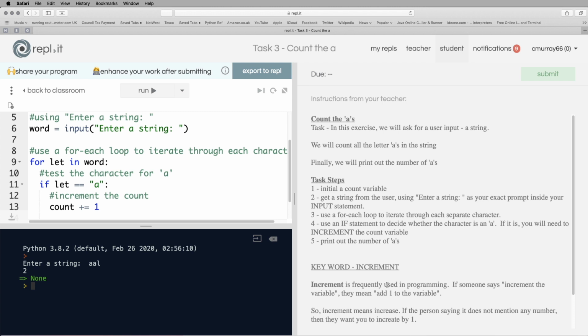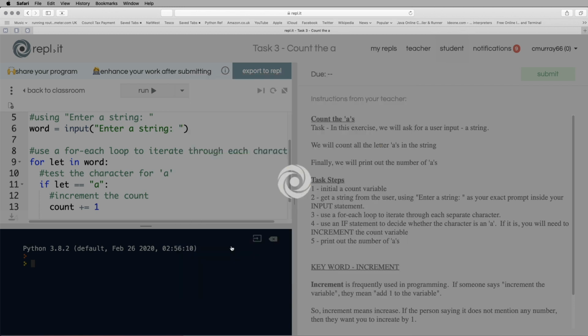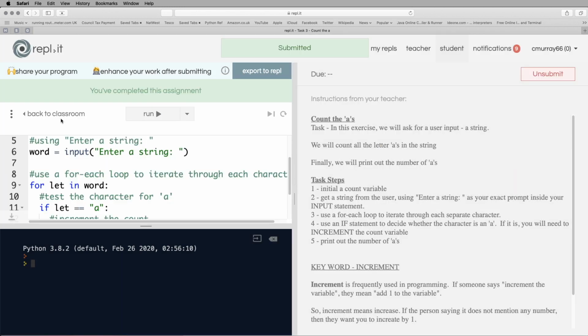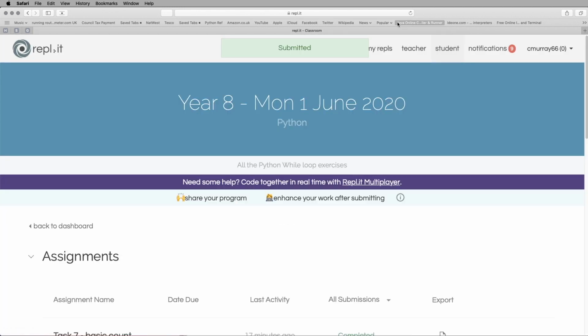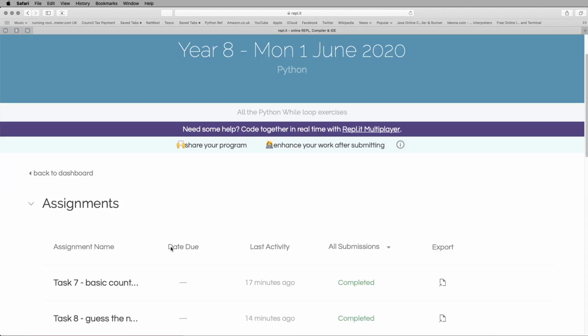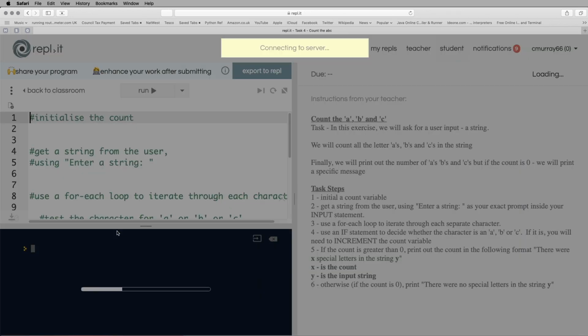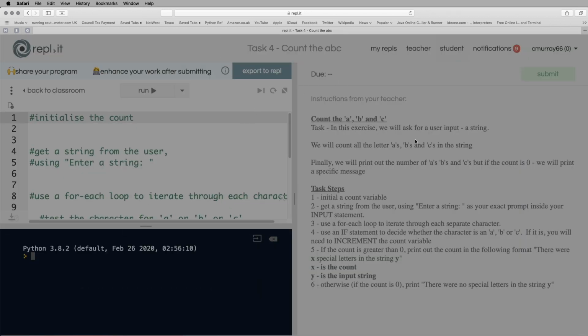Type, it's got 2 there. And that's fine. So now I'm going to submit that and see if it passes the test, and it did. Now I'm going to go to the last task, which is really similar to this one, a little bit more difficult. This one is count A's, B's and C's. So here we're going to count any time where an A, B or C